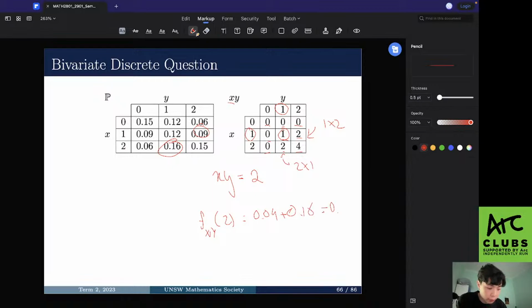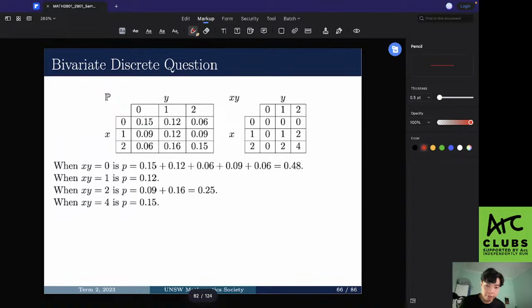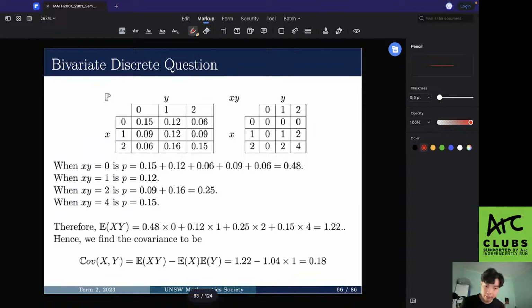And that's 0.25. So that's essentially how you find the probability of each xy value. I've done it all here for you. You just add up all of the probabilities for 0 to get the probability that xy is equal to 0. You can do the same for 1, 2, and 4. Now, what that means is we can calculate E of xy, and that gives us